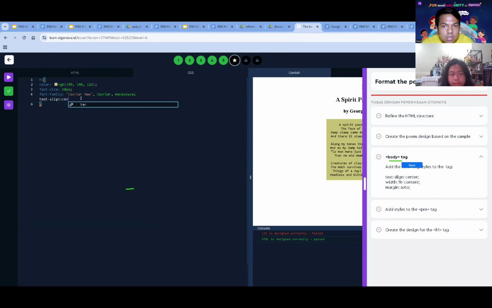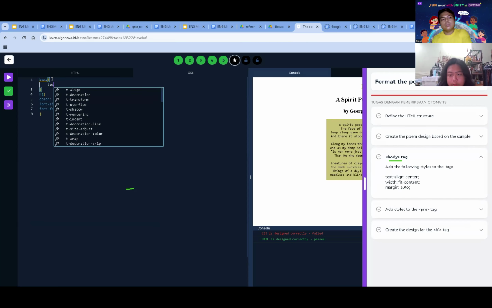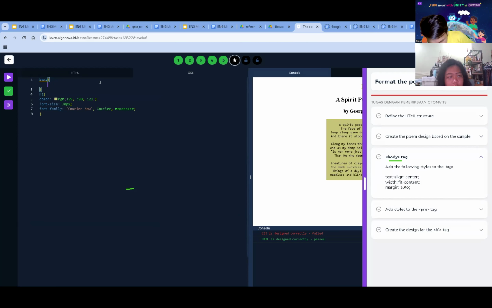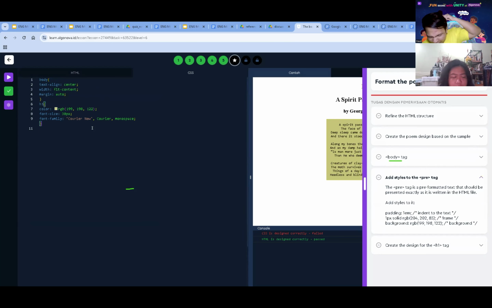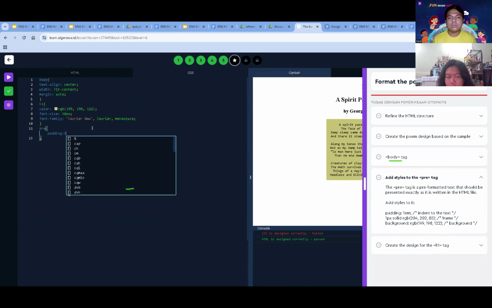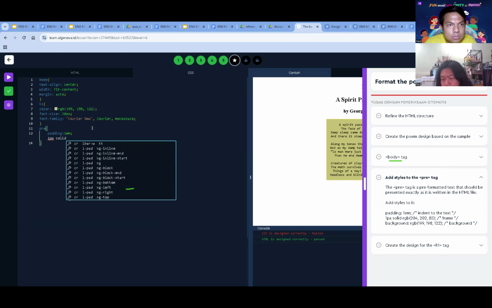It's on the body tag, not the H1 tag, so everything is in the middle. This one is border.